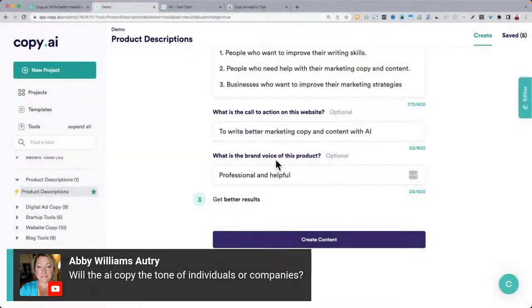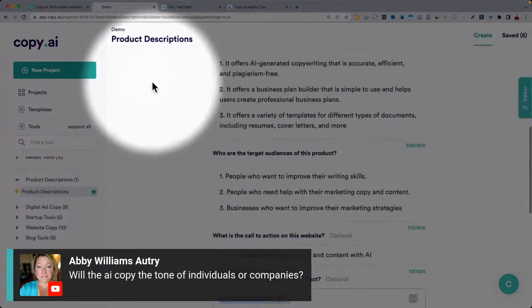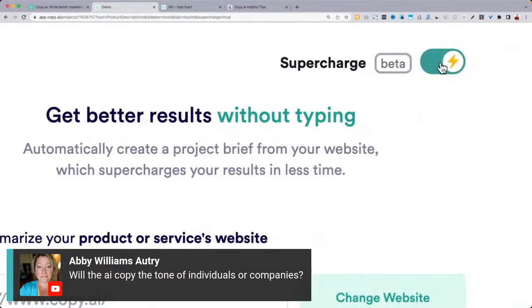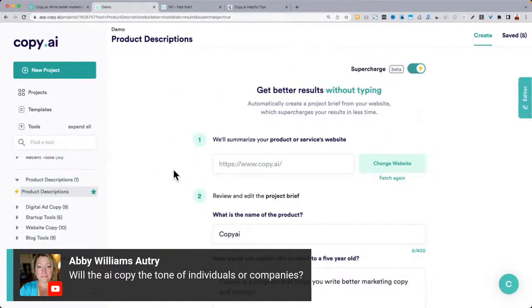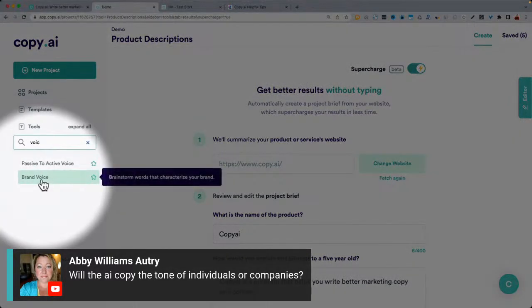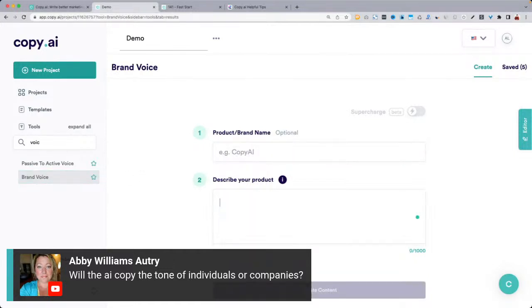So you can actually pull out the voice of any brand, and it'll just scan the website and figure it out. Again, if you go to a tool like the product descriptions tool, you'll see this little beta feature, and you can turn that on and then put in the website. That's one way to scan a site to get the brand voice. The other thing you can do is use the brand voice tool, again a tool that's specifically trained on doing certain things. And you can tell it the name of your, let's just say it's